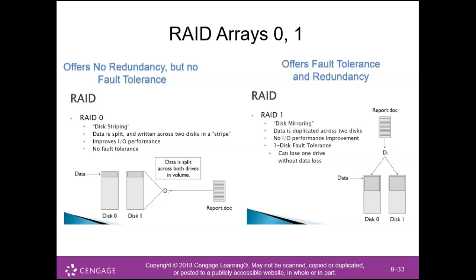Now RAID 0, also known as a striped set or striped volume, splits or stripes the data evenly across 2 or more disks, without parity information, without redundancy and without fault tolerance, right? So RAID 0 provides no fault tolerance, but it does increase disk speed by double the factor, at least 2 times or better. RAID 1 mirrors the data on multiple disks to provide fault tolerance, but requires more space for less data.